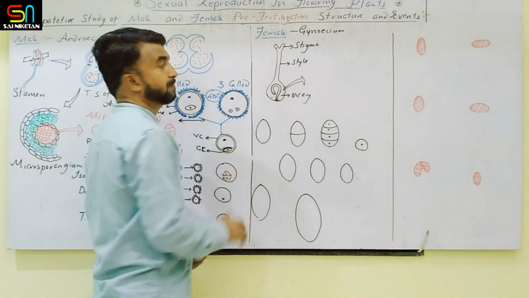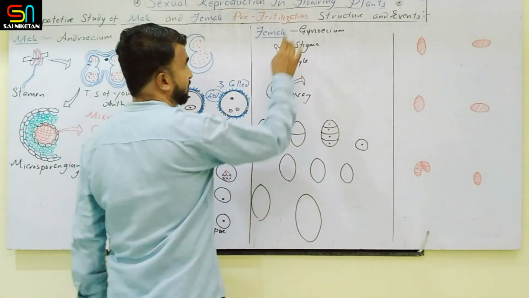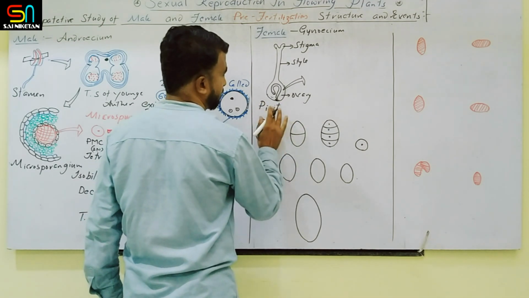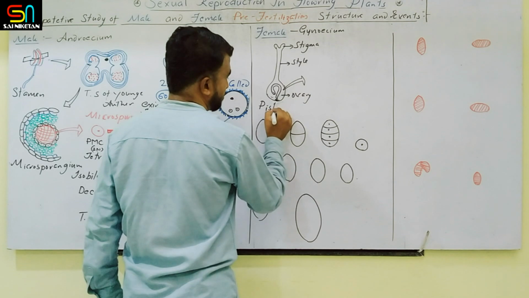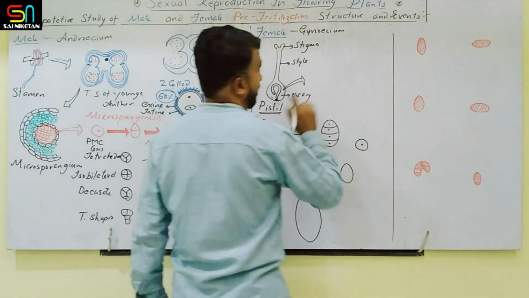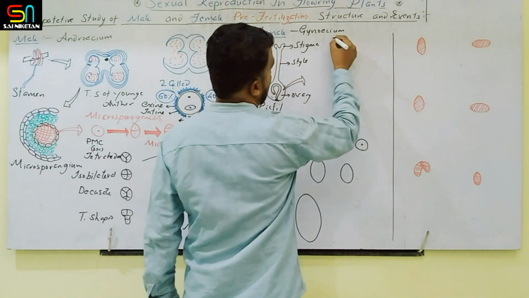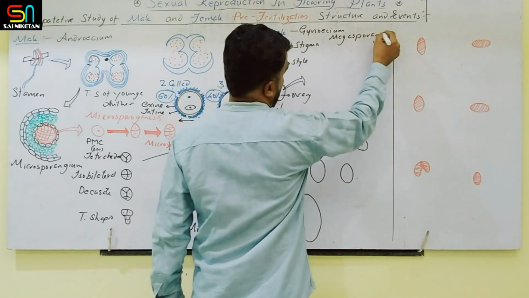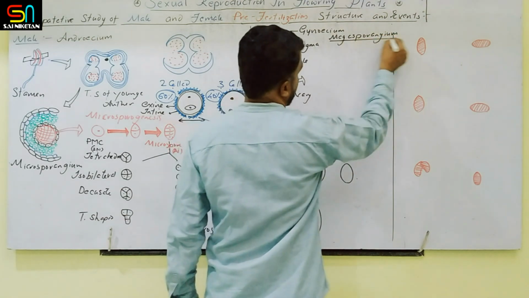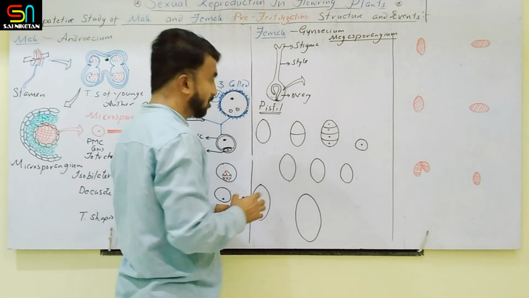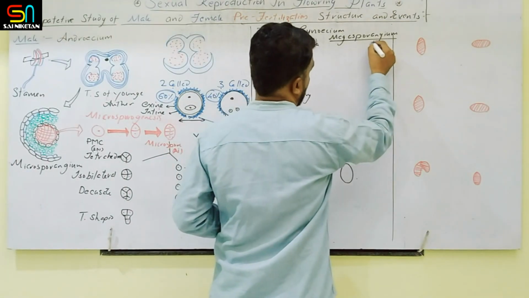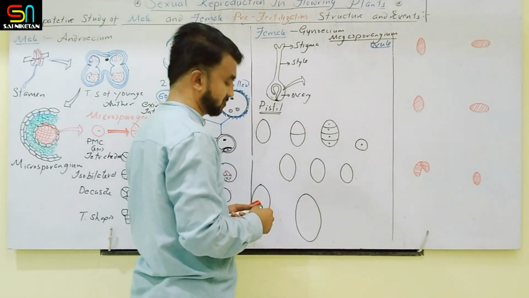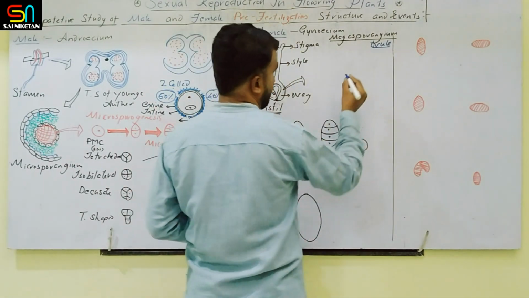Now, in the pre-fertilization structure of the female reproductive part, first is the pistil. That is the pistil. Yes. Second one is the megasporangium. Now, what is a megasporangium? It is also called an ovule. It is a major portion, most repeatedly asked. So try to draw the figure of the ovule.